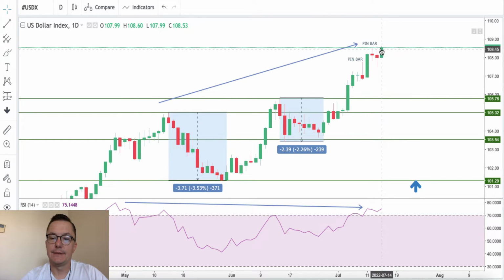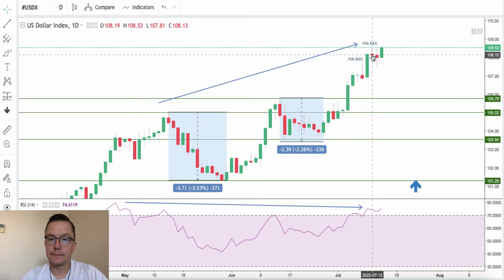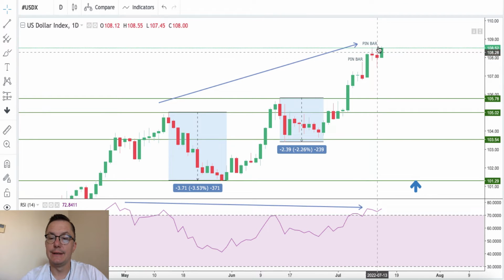And if this candle will close above 108.5354, of course this pin bar and this pin bar as well is again invalidated,